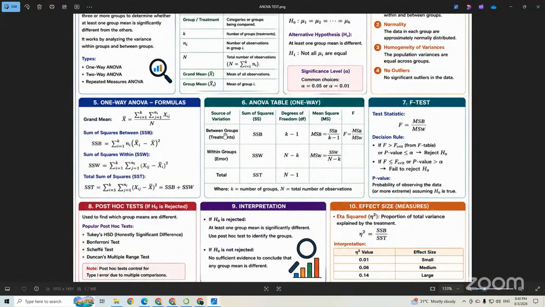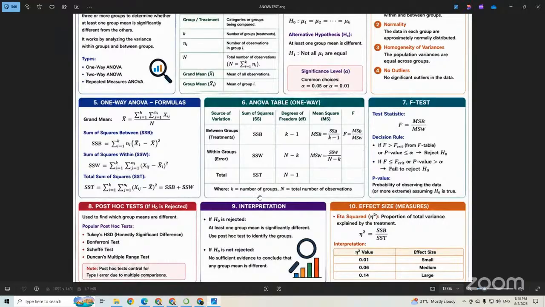Here we have the 2 groups. Okay, when we have groups, in that case we will apply one-way ANOVA. Between the 2 groups we have the sum of squares SSB, and this is the entire formula. You can see here mean square MSB is equal to SSB upon K minus 1, and F will be equal to... F test is also there. Okay, so the F test is also involved in the ANOVA table.